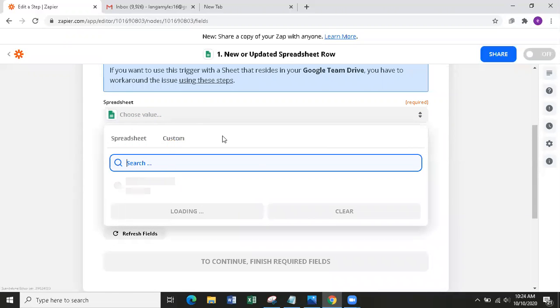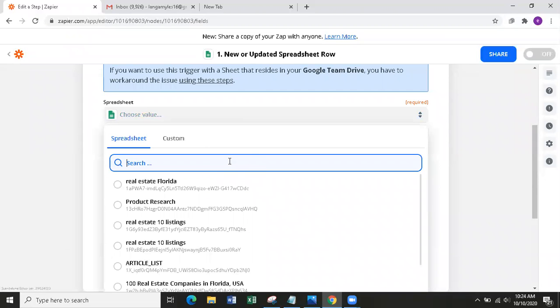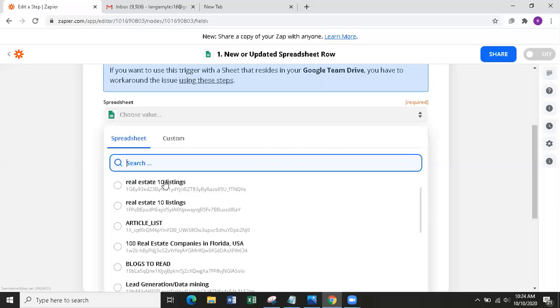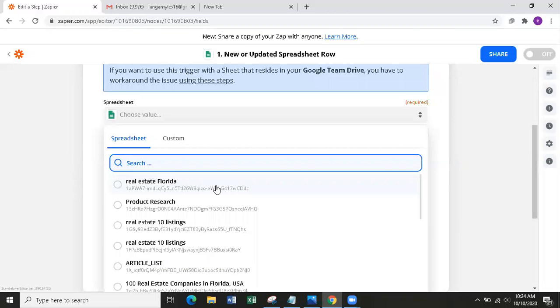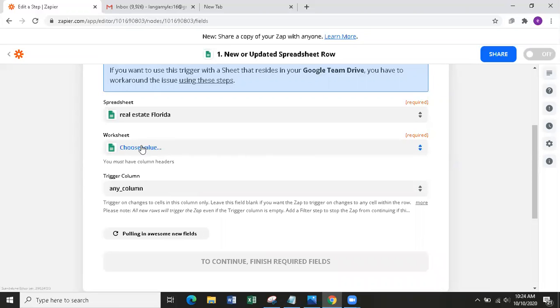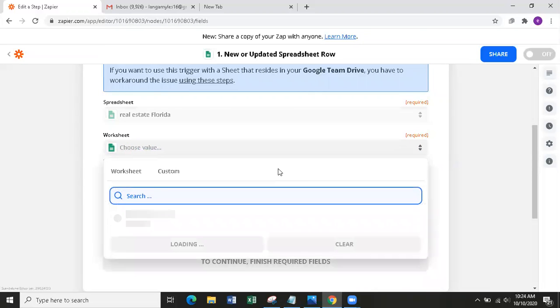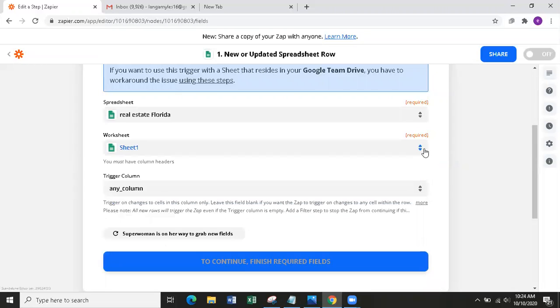These are the spreadsheets contained in my email account. You just choose among the available spreadsheets. I'm gonna choose real estate Florida, for example, and then click on that.